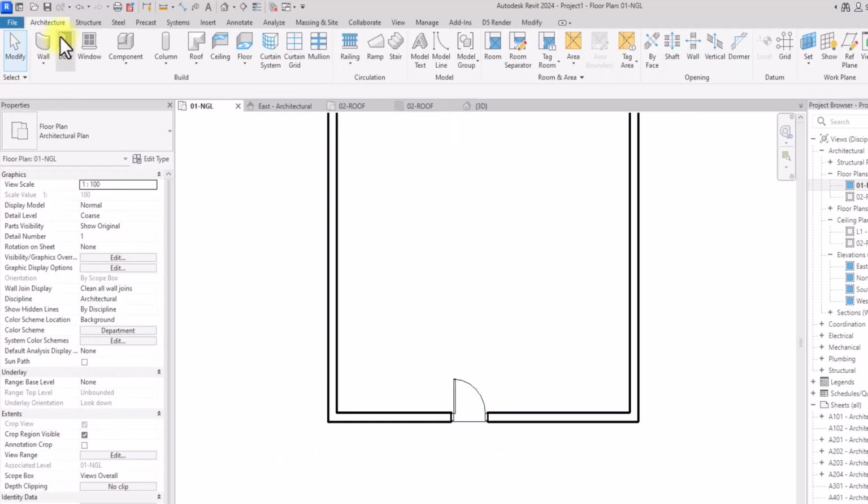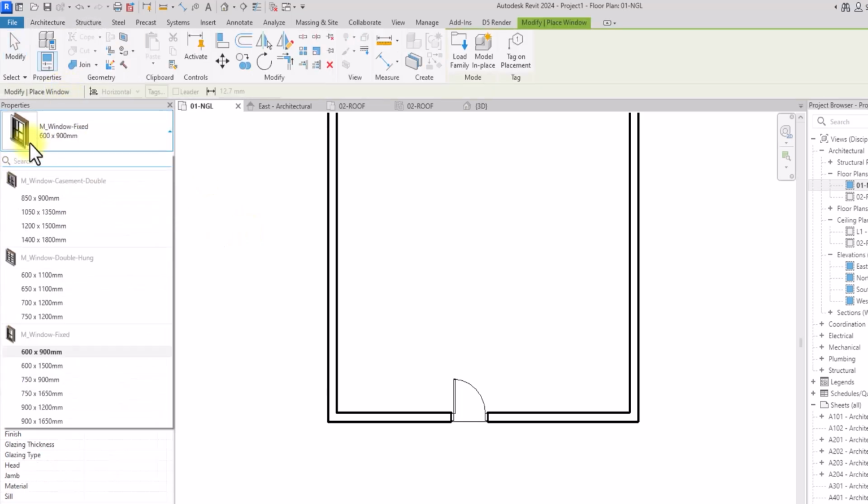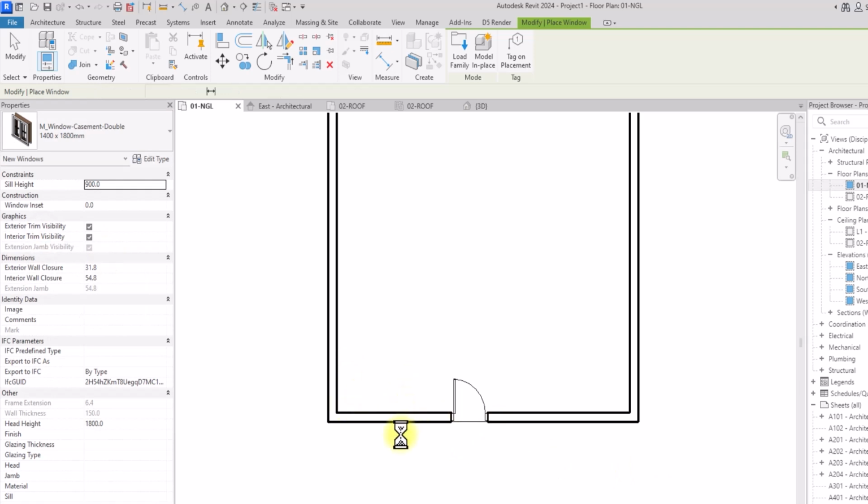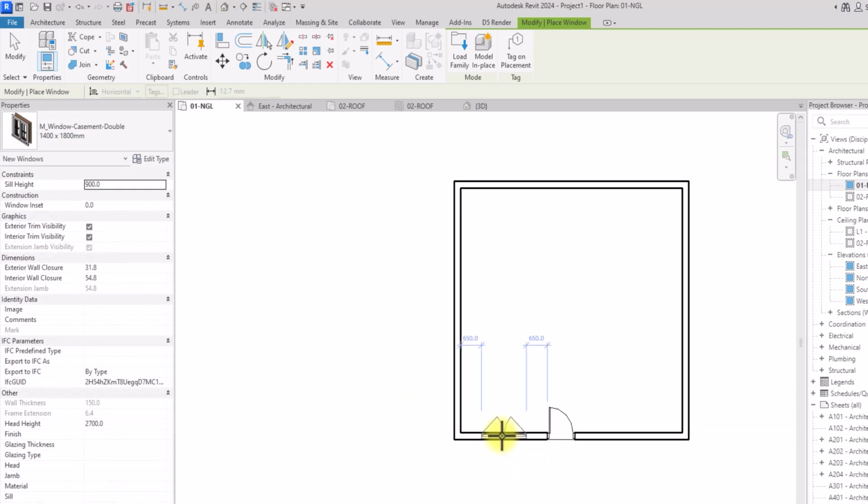So now I'm going to go back to Architecture and I want to place windows. In the same fashion as placing doors, I'm just going to click on Windows here. Under these windows, I'm just going to click on this drop down icon to select the kind of window I want. Let's say I could select this double casement window. Let me select a big one. So now I'm just going to start placing. As you can see, I've placed one here, placed one here, I placed another one here,